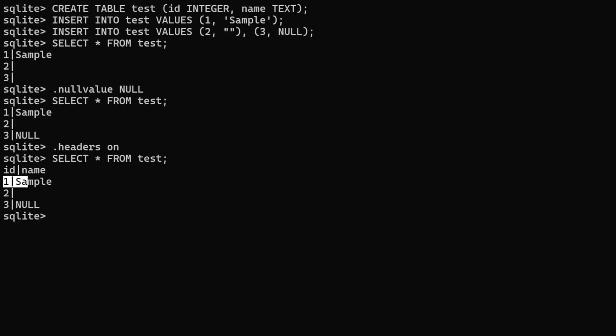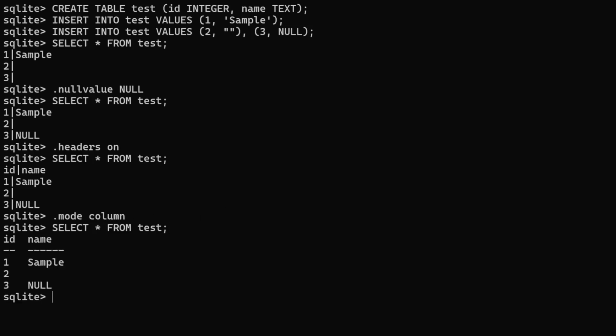Now still the output is not very well formatted. So we can use the .mode meta command and set it to column so that we get a better formatted output, like so.